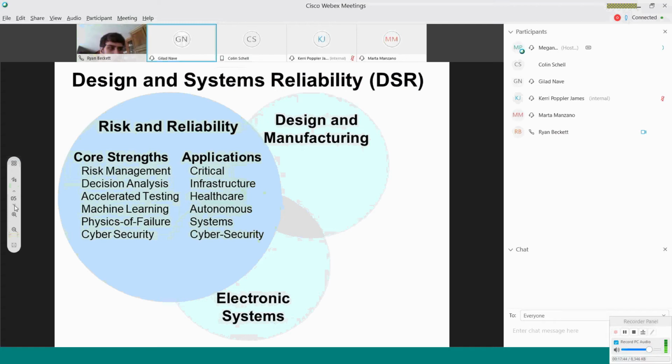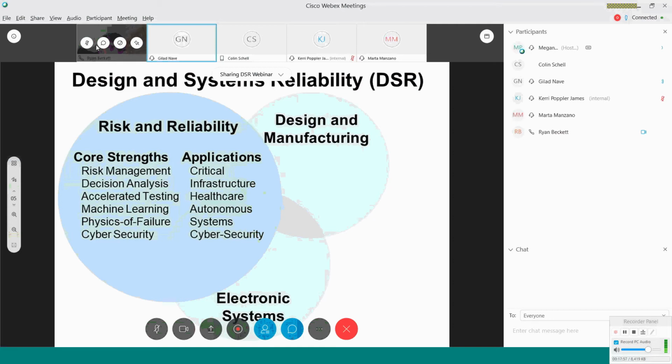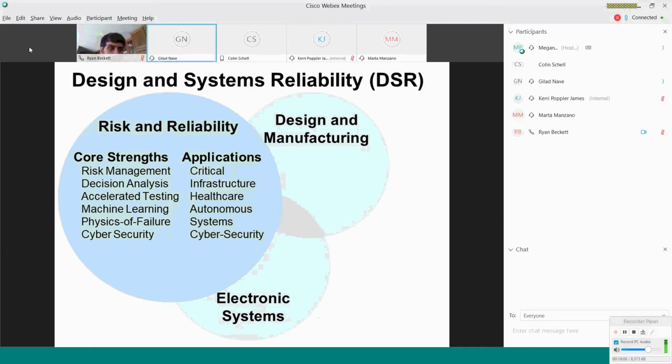And of course, one big application for this type of work right now is in cybersecurity, and looking at the possible ways that software systems can fail or be attacked or be hacked, and what kind of effects certain software attacks would have on the reliability of the product or the system or the network as a whole. So there's a lot of work in that cybersecurity area. But it's not the only area they're looking at. They also look at critical infrastructure like bridges and airplanes. They look at autonomous systems like drones and swarming vehicles, and they look at healthcare as well.